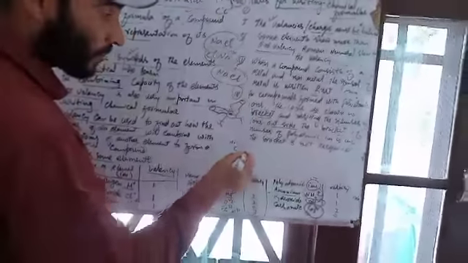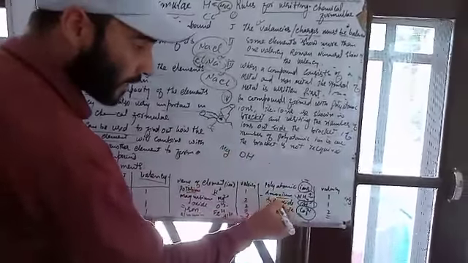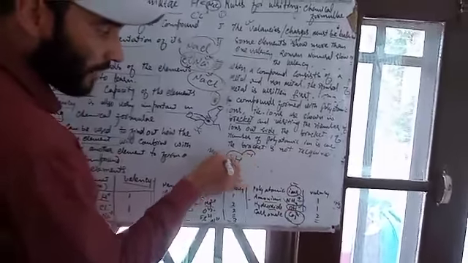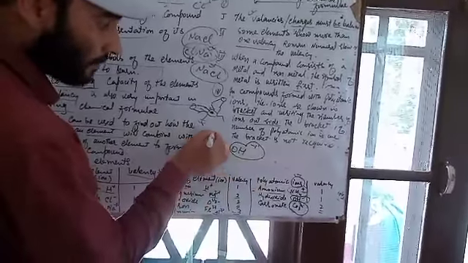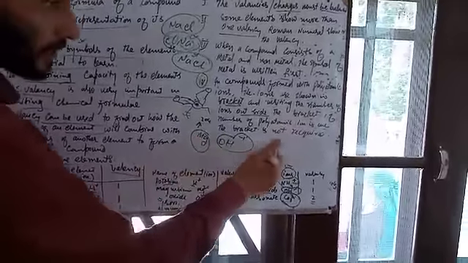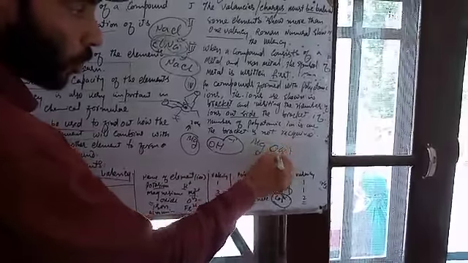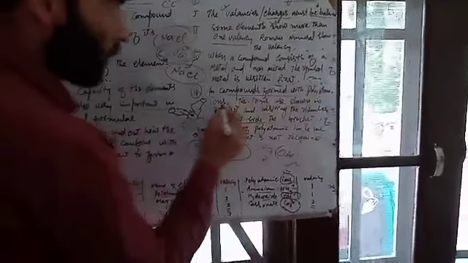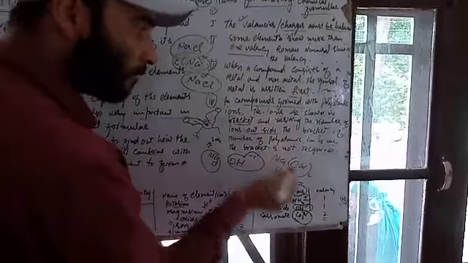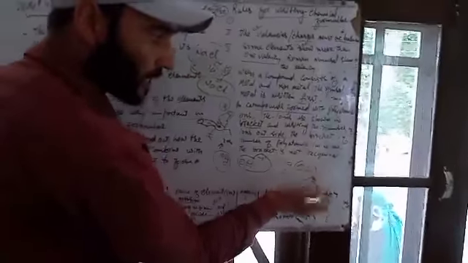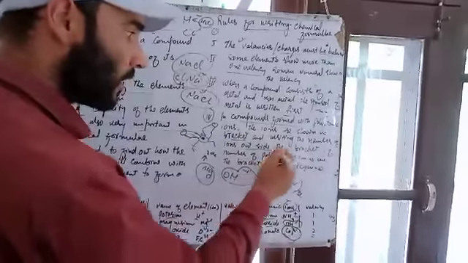That means it can combine with two atoms having one valency. If we talk about hydroxide, OH negative, it has one valency. Therefore, magnesium can occupy two hydroxide ions: Mg(OH)2. It indicates the fourth rule that in a compound formed with polyatomic ions, the ions are shown in brackets and the number of ions is written outside the bracket. I have written the number of ions, that means 2. That means 2 hydroxide ions can combine with a magnesium ion.